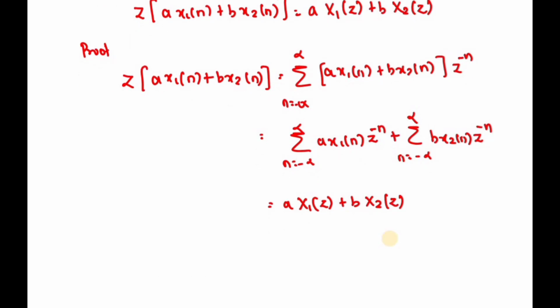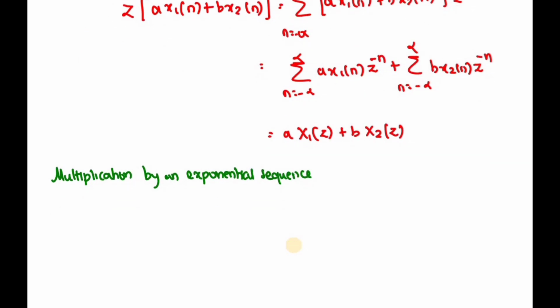So the next property is multiplication by an exponential sequence. So here the Z transform of a power n x of n, you will get X of a power minus 1 into z. So the proof is